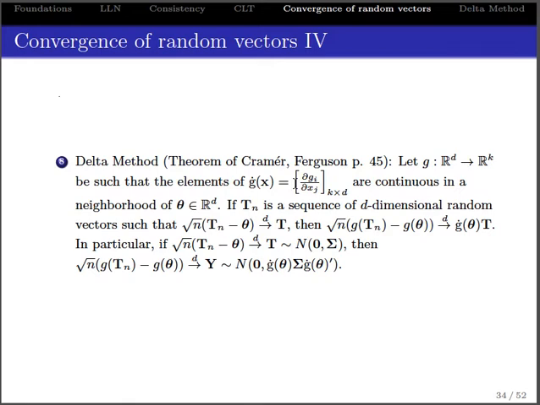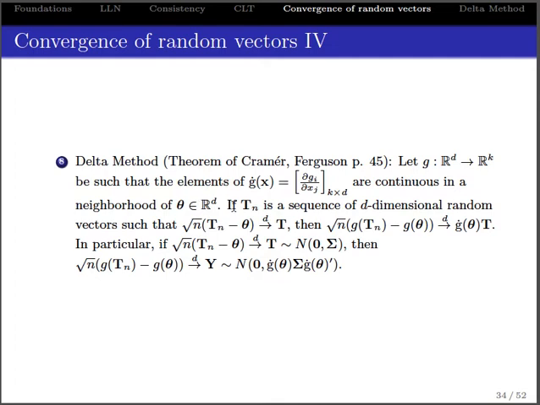What is it? It's a matrix whose ij element is the partial derivative. See this function g is actually a vector of functions, which takes a function of element 1, element 2, all the way up to element d, and then maps and gets a target in R^k. So you take the partial derivative of function i with respect to xj, which will be a k by d matrix. This is actually a Jacobian, and if the elements of that Jacobian matrix of derivatives are continuous in a neighborhood of theta,